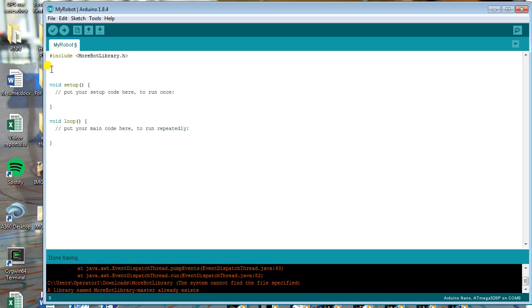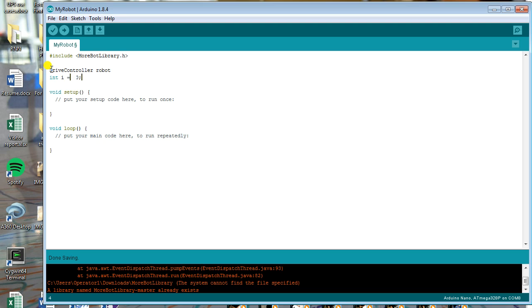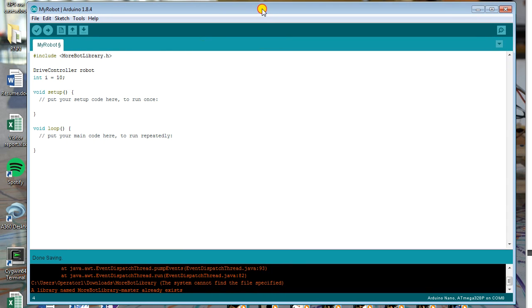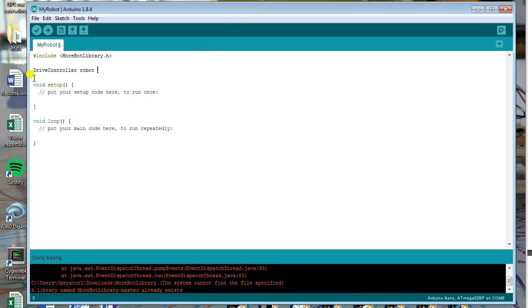So the first thing we need to do is tell it what type of variable it is. So we say DriveController, and I'm going to call this controller robot. And next we need to say what it is. Remember how we would say int i equals 10? That equal sign is where we are assigning 10 to i. So in the computer, in the brain's memory, it knows that i is equal to 10. So we're going to be doing that same thing right here with our robot. So what we need to do is say robot is equal to